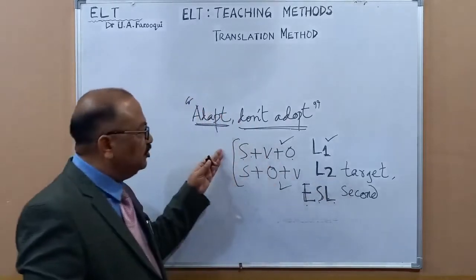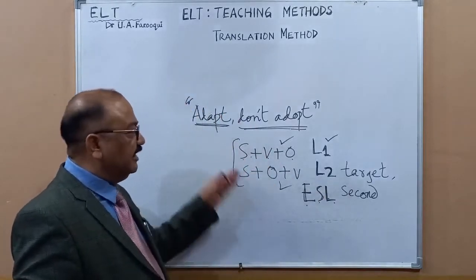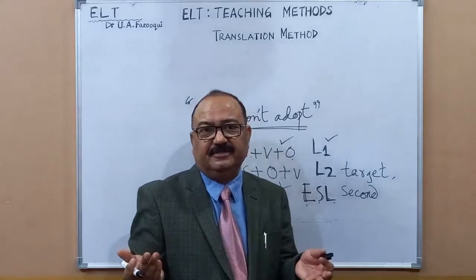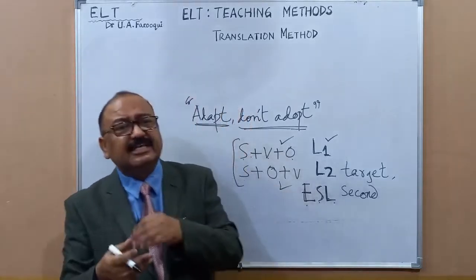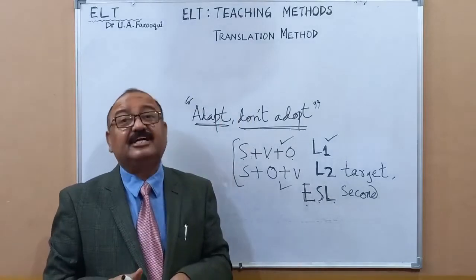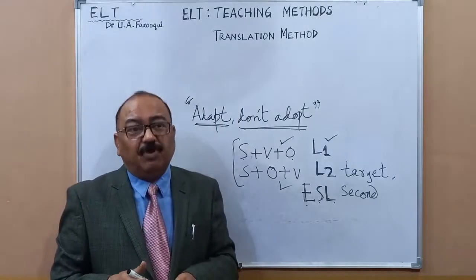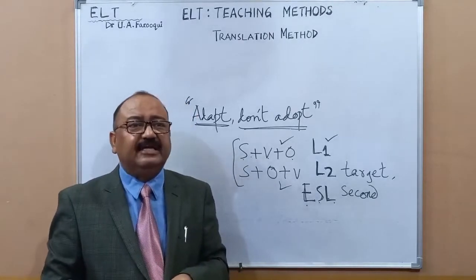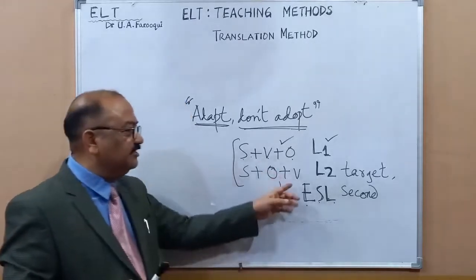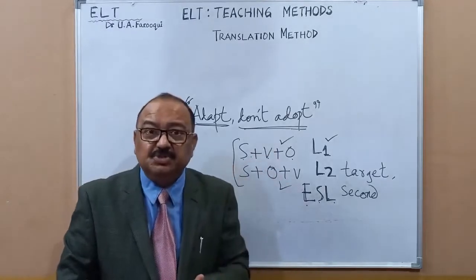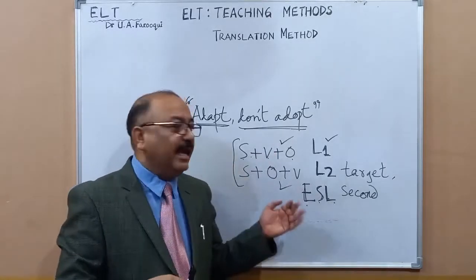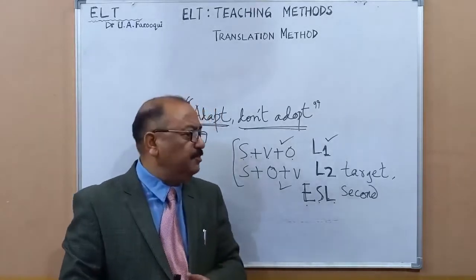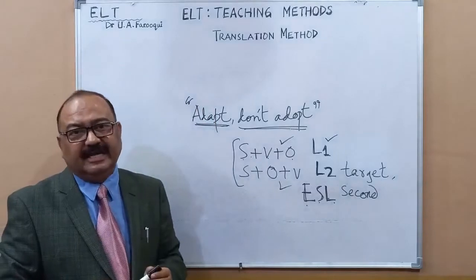So what do we see? Once you tell your students the structures of the mother tongue and that of the foreign language, that is the target language, very soon they understand the difference in sentence structure, and they start forming correct sentences in the second language, in the English language, or say in the target language. There are dissimilarities, like the dissimilarity in the structure here, but there are similarities too, and these common features prove very advantageous in picking up the nuances of the second language.